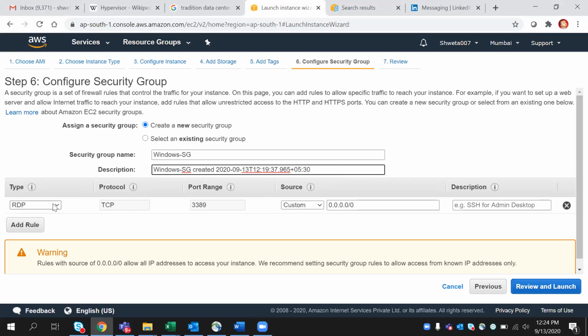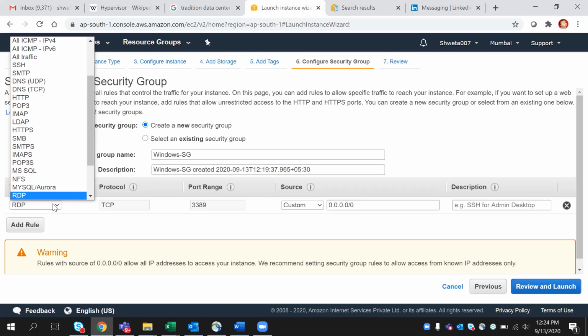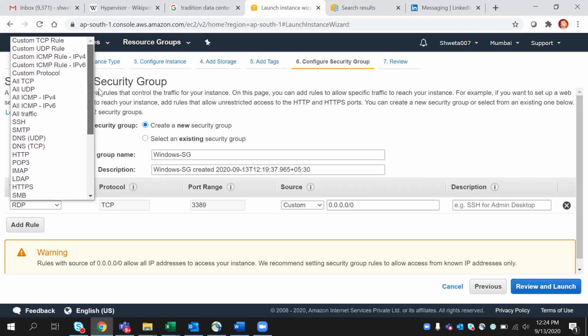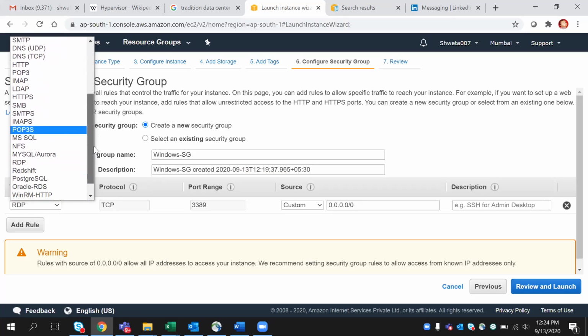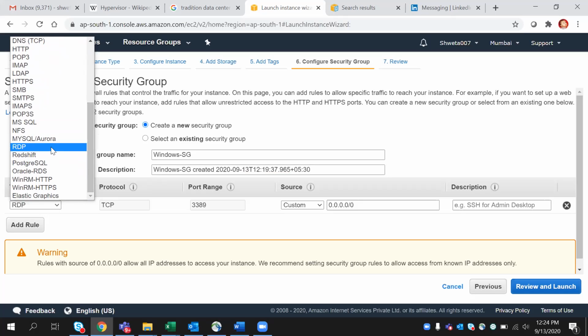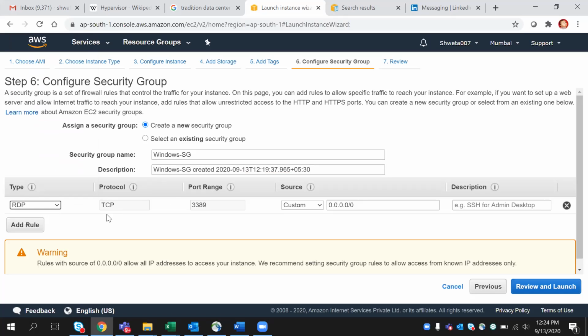Now you see this. You are getting an option for RDP, correct? So what is that? Remote Desktop. That is correct. That is perfect. So you have various other options, various different protocols for connecting to a particular service, so you need to open certain ports. For RDP, this is port number 3389. If you allow this port, then only you can connect to this instance. Once you create your system, you want to connect to it, so on which port will it connect? It will connect on 3389, the default port for RDP.